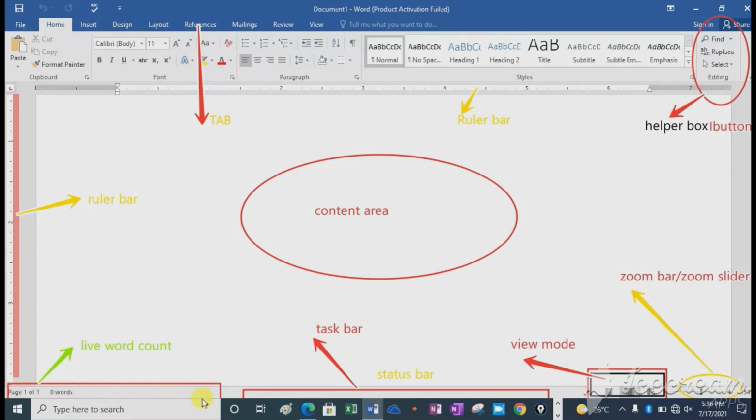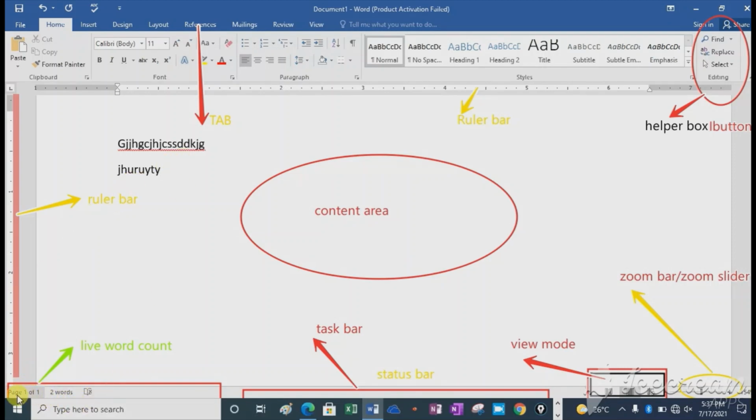This part from here up here is known as the live word count. It is where you can count the pages and even the number of words you are typing. If you start typing here, your count is 2, because we have two lines, then you have page 1 out of 1 because it is 1 page.